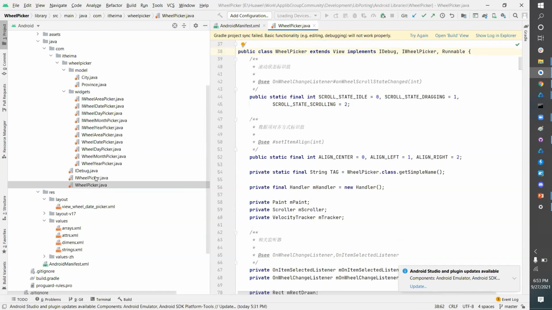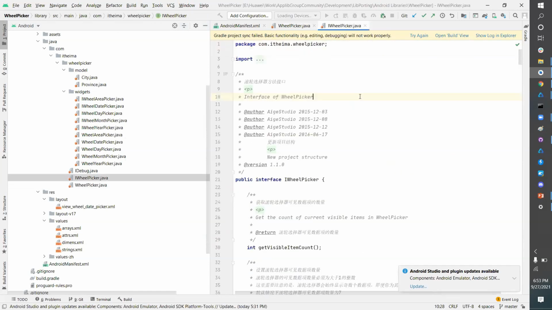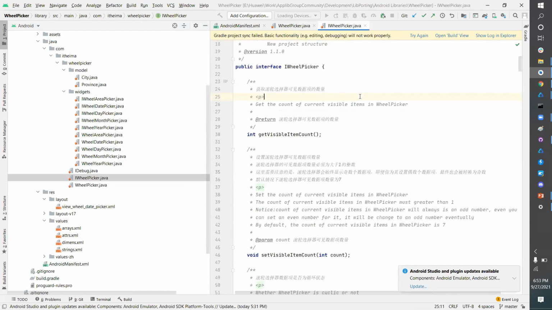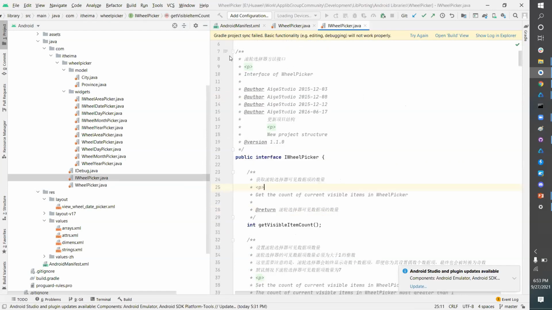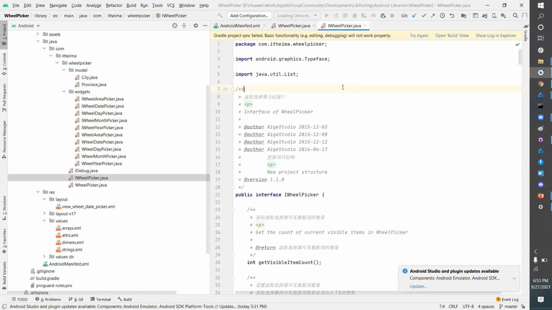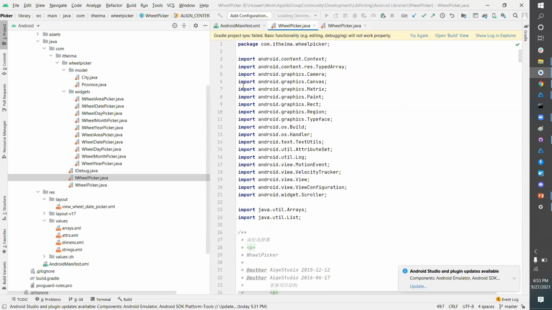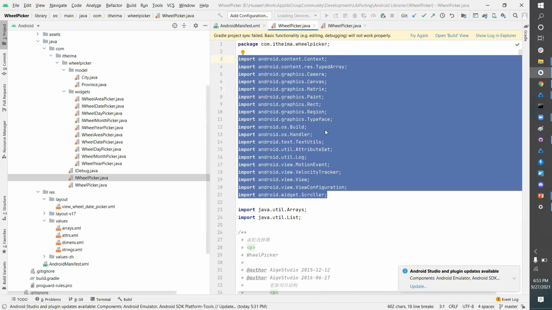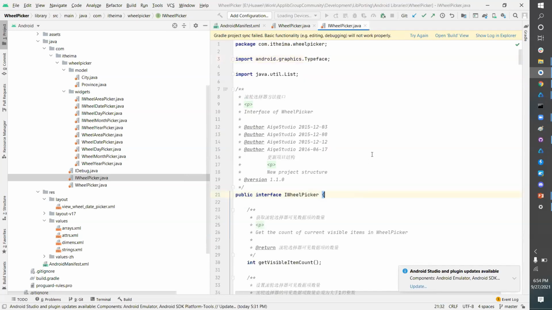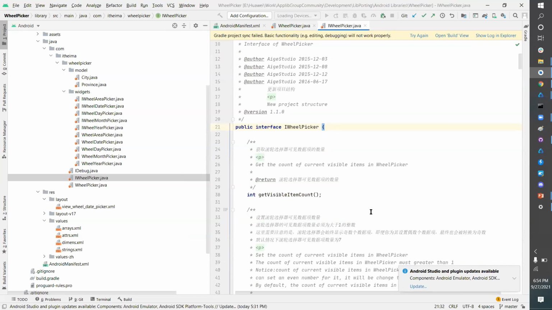So we will go to that class and try to understand it, because from here it's coupled to IWheelPicker.java. This is an interface, so we will understand what all functions are available. Are there any Android dependencies mentioned in this class? Yes, we see that we have to keep in mind what all Android APIs are used in the different classes. These are the Android dependent APIs which we would have to replace, or we would need an alternative to port it to Harmony. Okay.